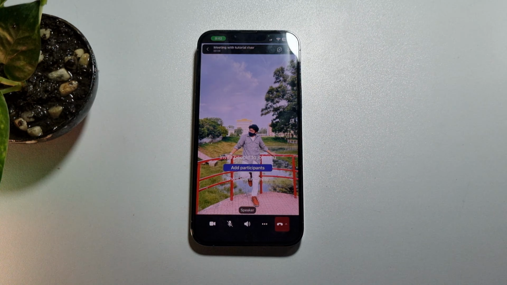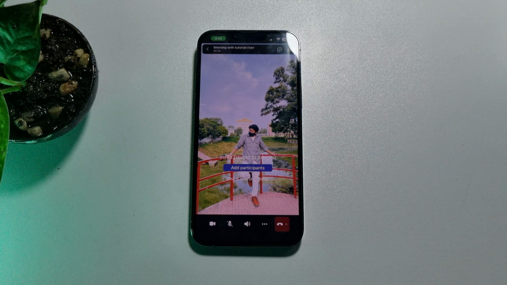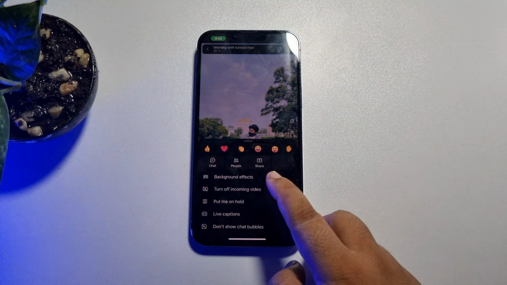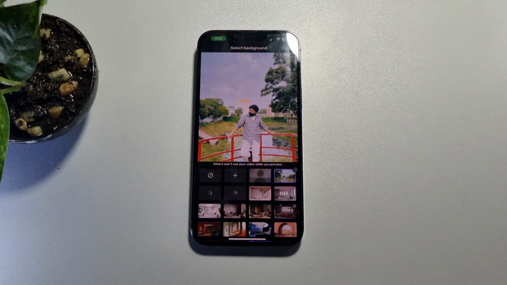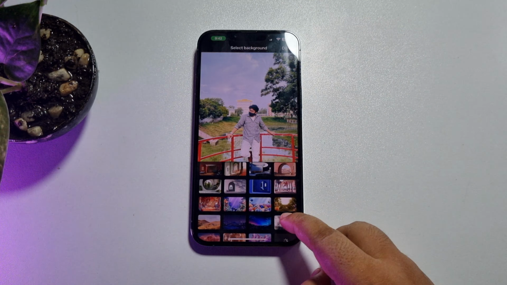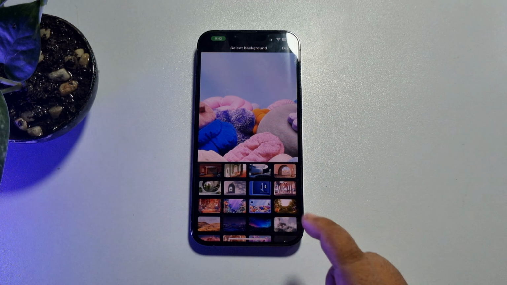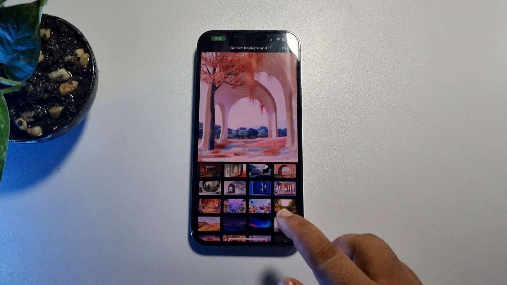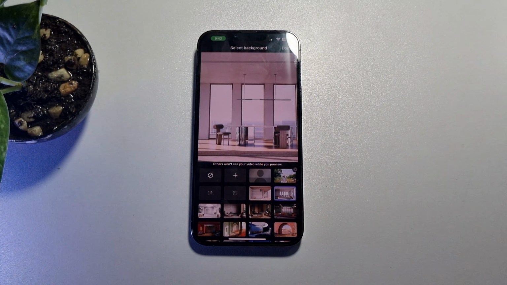And now to set a virtual background, tap on this three dot. And here tap on background effects, and here as you can see a bunch of different virtual backgrounds are available. You can go ahead and select any virtual background from this list, and if you want you can also upload